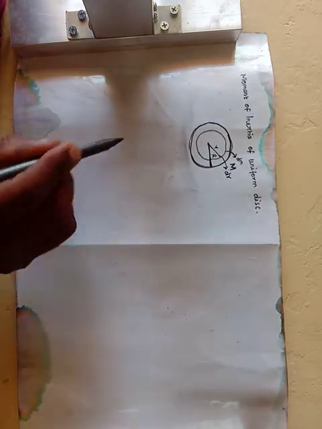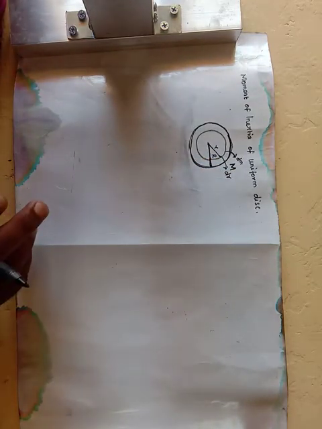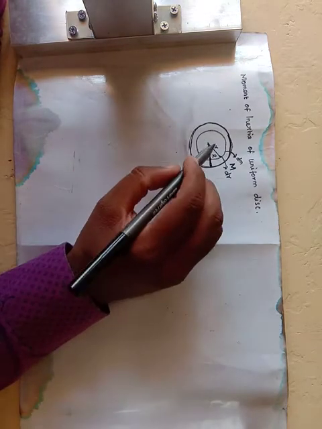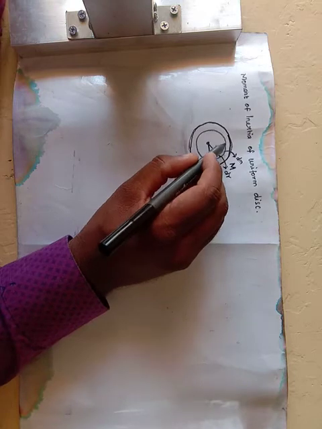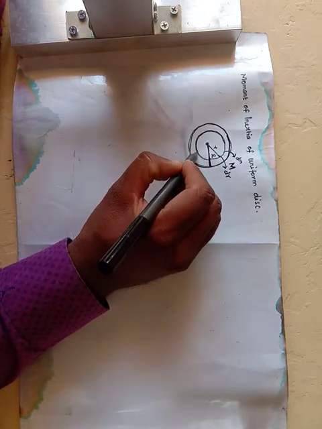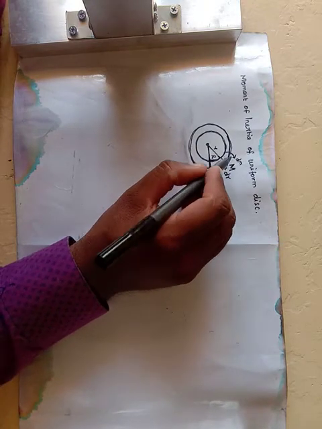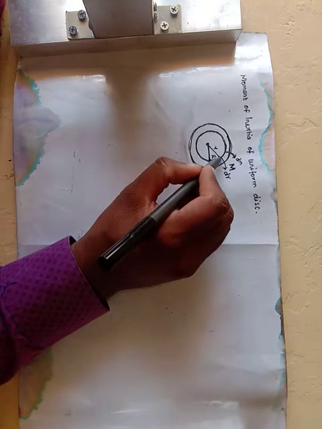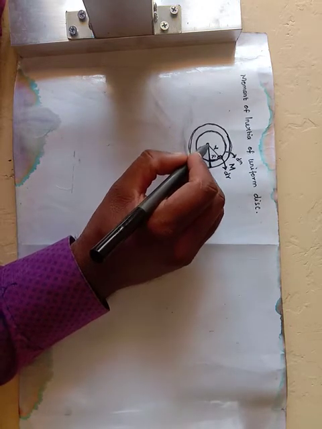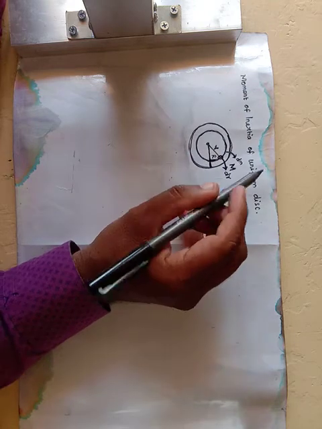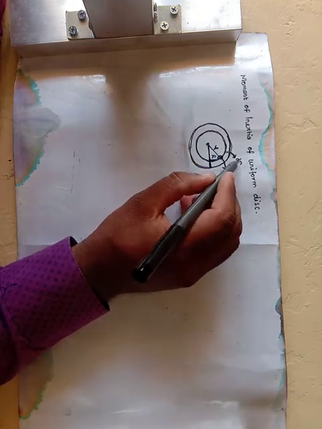To calculate the moment of inertia of the uniform disk, already you know the conditions. First we need to choose the origin, and then we need to take a small part in this disk. Here the mass is uniformly distributed. It has a thickness dr, and it has a radius r from the origin. Here the mass of the small area is dm.